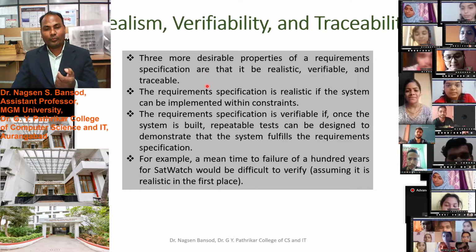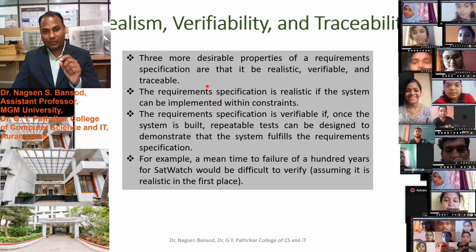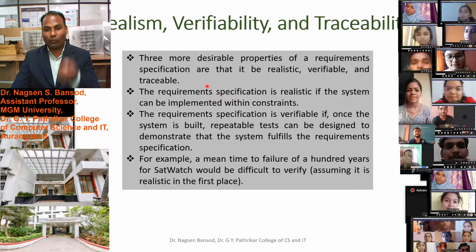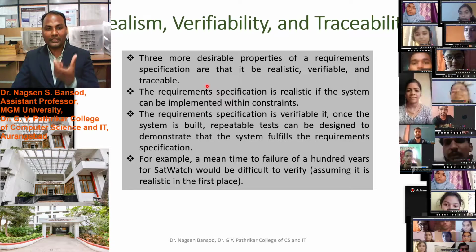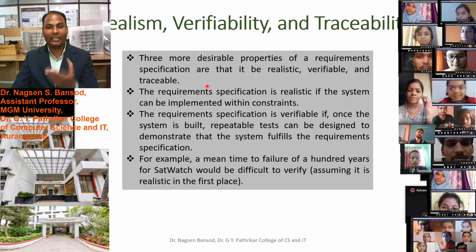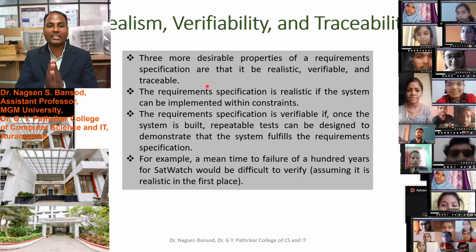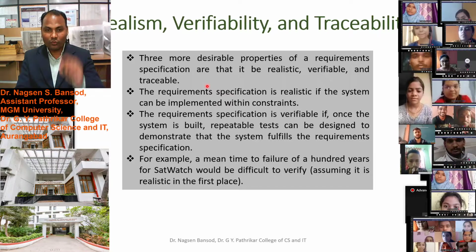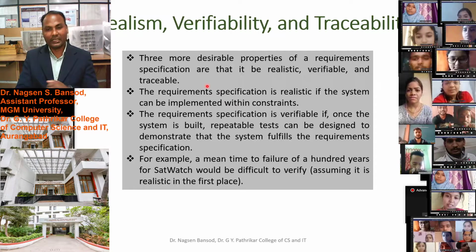We know our software will expire one day, so we have to decide the expiry date of the software. Also, suppose there are some functions that will not work in our software, then we have to mention that.